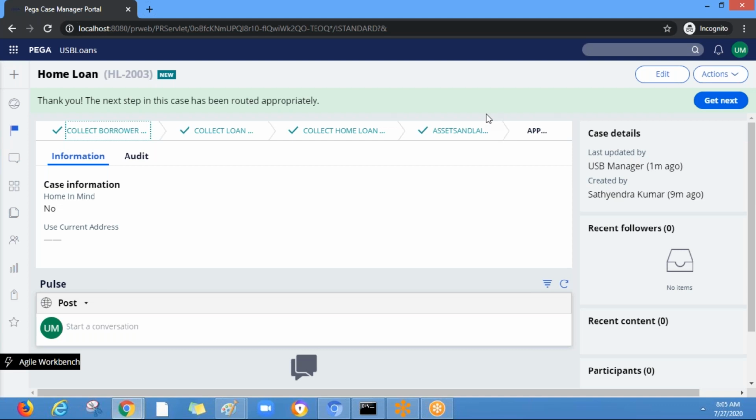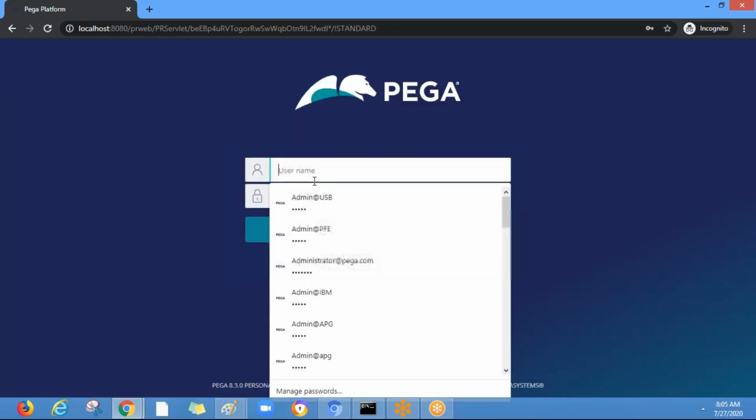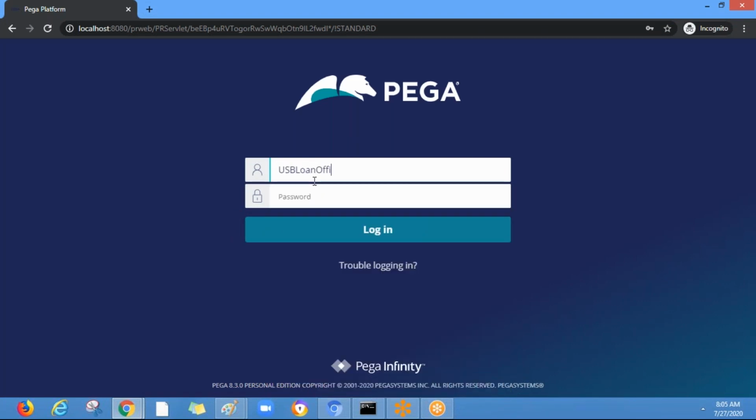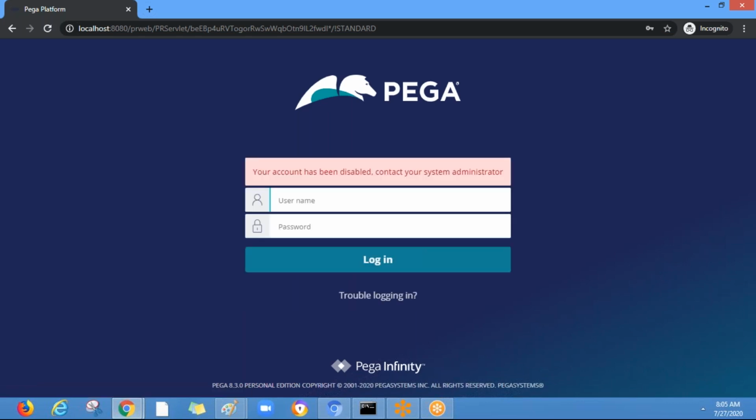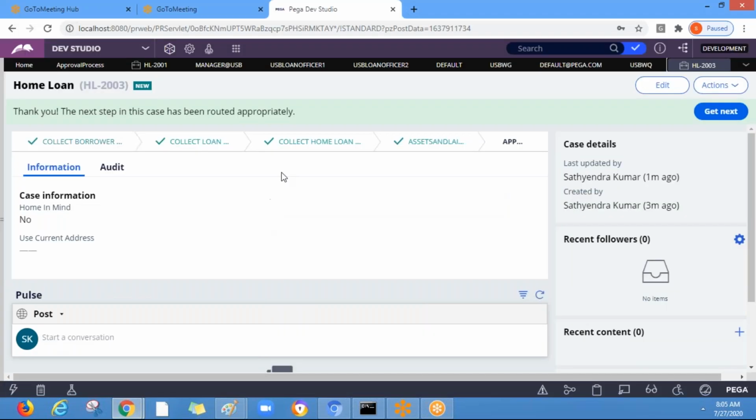So now let's log in with loan officer 1. Let's log off from here. USB loan officer 1. I think since we have saved as the manager operators, we will see the same issue.